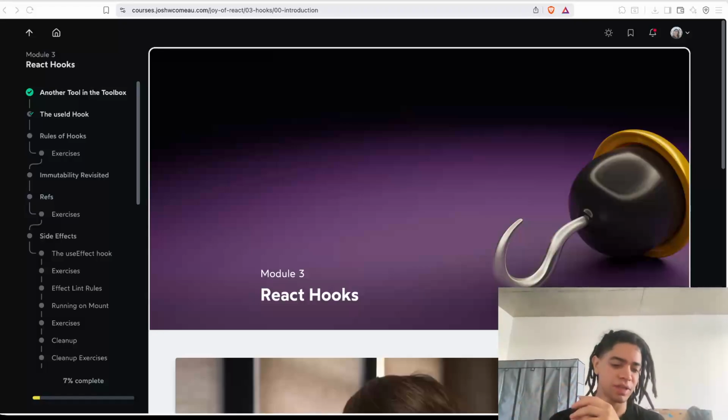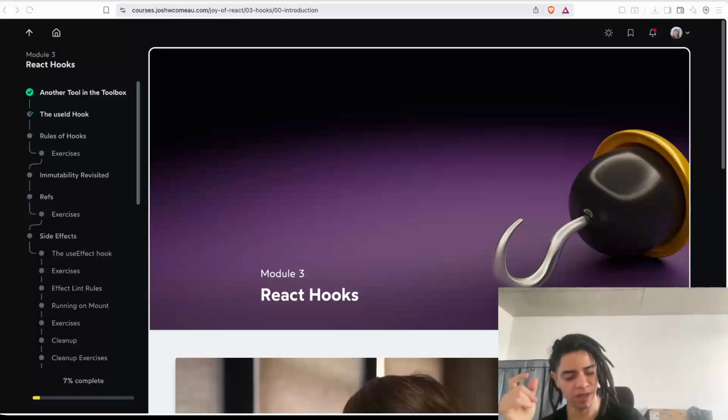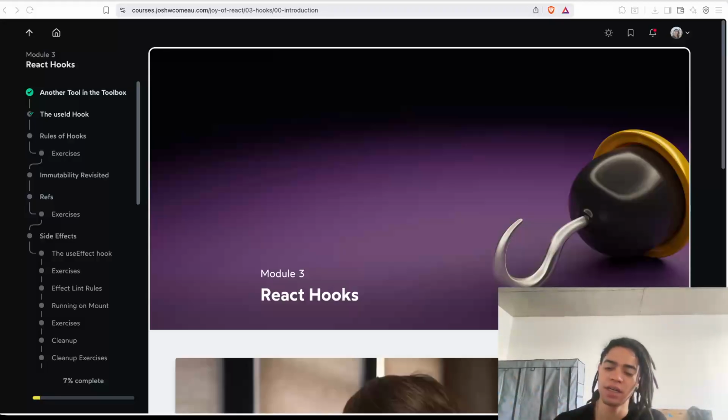Welcome, Little Gonzalez here. And today, let's take a look at React hooks, the Module 3, and understand how we get here pretty quickly, right? Because the whole point is to understand the reason React exists, and that is